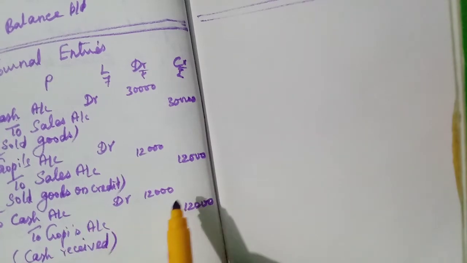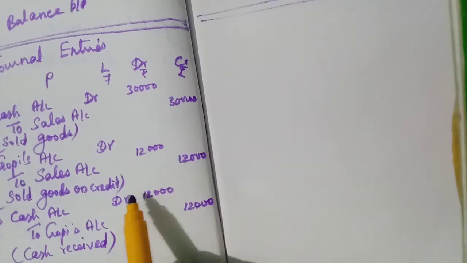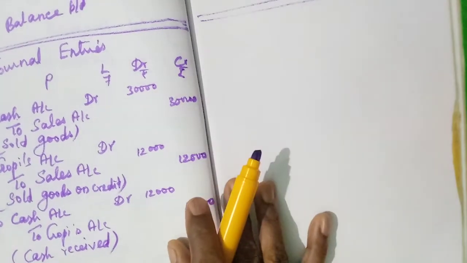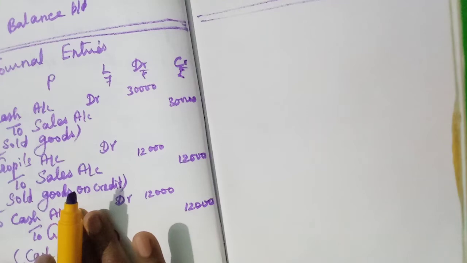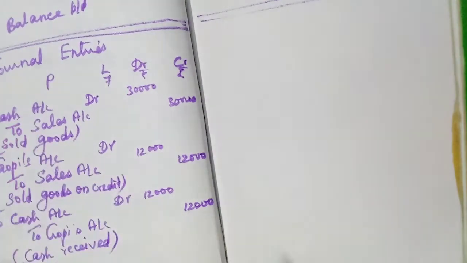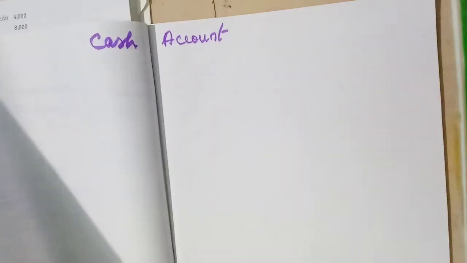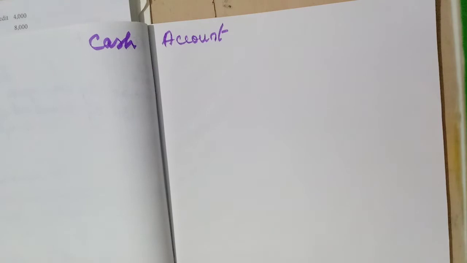I think you might have got experience in preparing journal entries. Now two lessons we are preparing journal entries, isn't it? So now we have prepared the journal entries. Now post them to cash account and sales account. Only 2 accounts we have to prepare. Cash account first. What is the first entry?